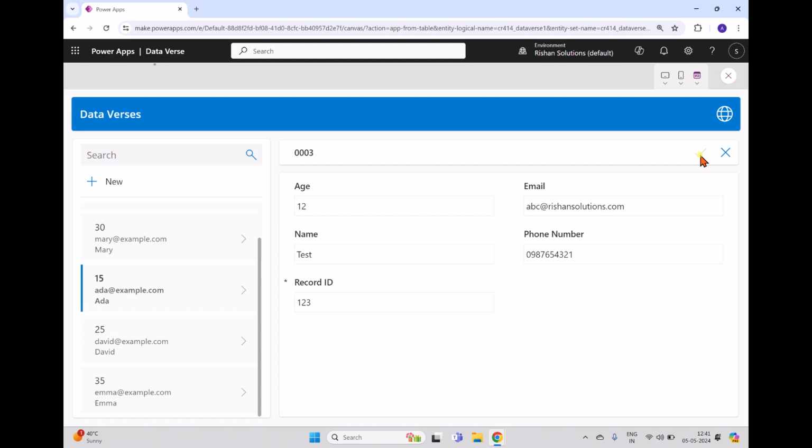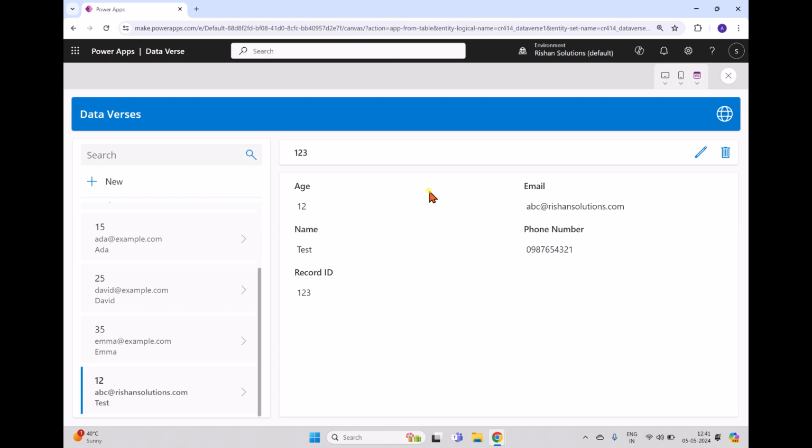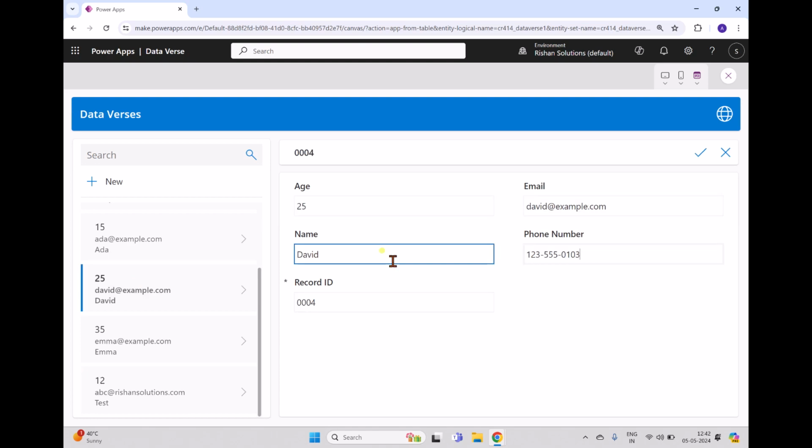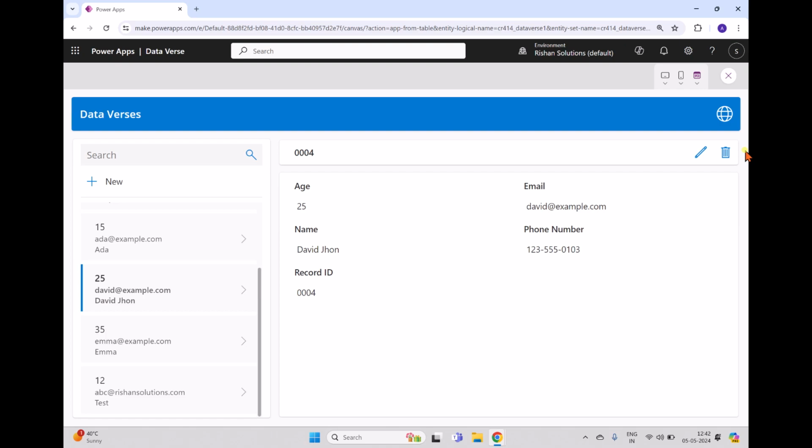Now you can see the data which you entered. Now it's coming back to the display form. And if you want to edit anything, and if you hit this one, this field comes into edit mode, and here you can change this one, David John, and then you can save this one. And delete also works as it is; we have the delete option,